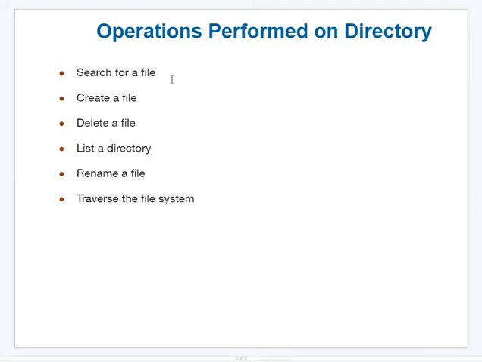Okay, so now assume that some months before you have downloaded some notes related to the subject OS, some 1 month back. Now you have forgotten where you have kept them. So what will you do? You will go to the computer, go to the search button and type there OS notes.